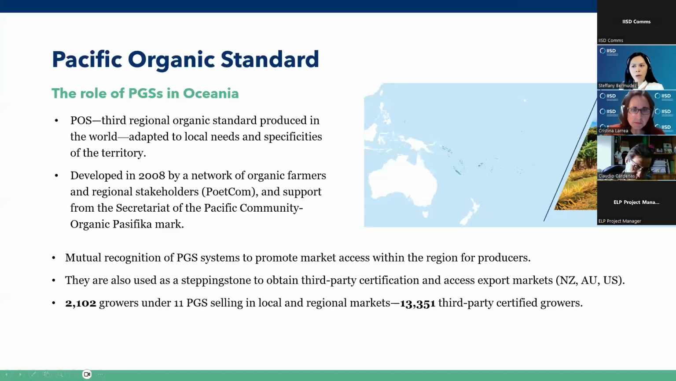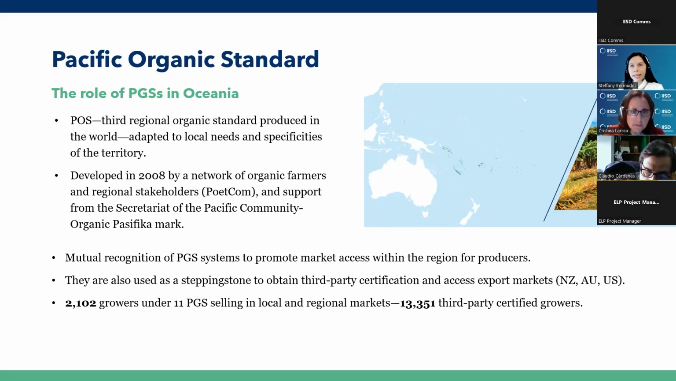So our first example is the Pacific Organic Standard. This standard was developed in 2008 by POETCom, a network of organic farmers and regional stakeholders in the Pacific, with the support of the Secretariat of the Pacific Community. This standard is the third regional organic standard produced in the world after the European Union and the East African